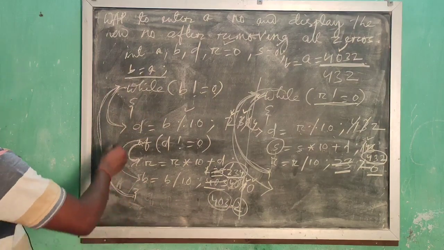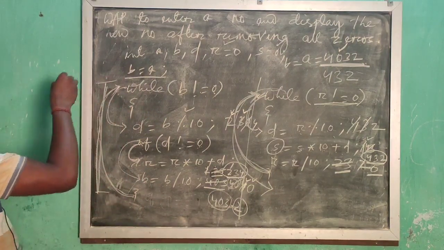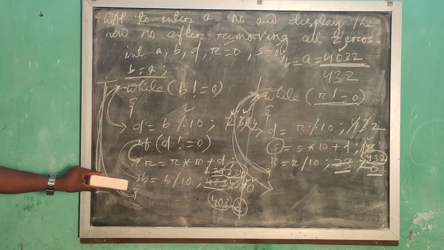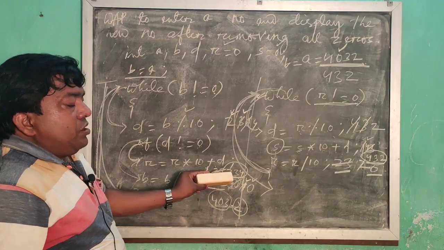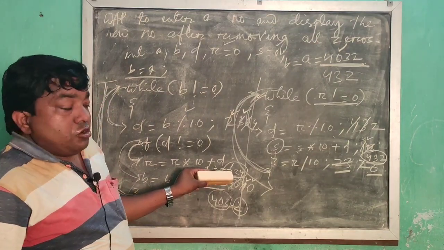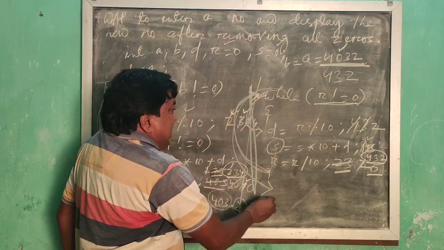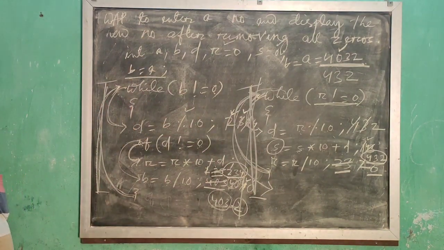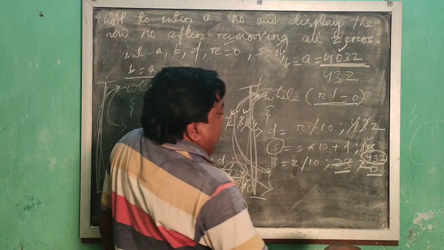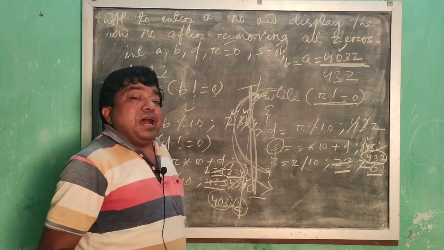See, this loop we have designed to remove the 0. Okay, this loop we have designed to remove the 0, but here our number is in reverse order. That is why we have declared another while loop to reverse that reversed number. Okay, that is why after that we get our output.